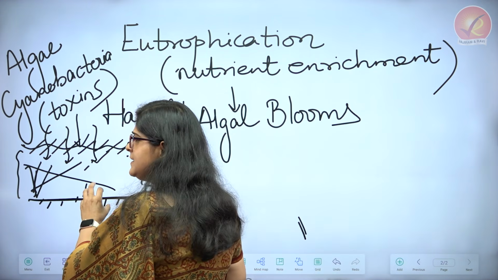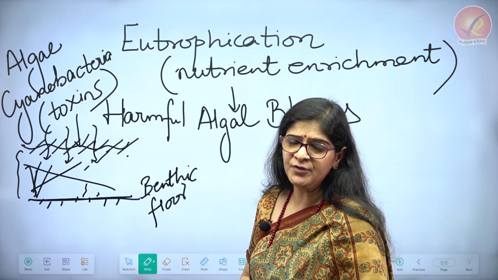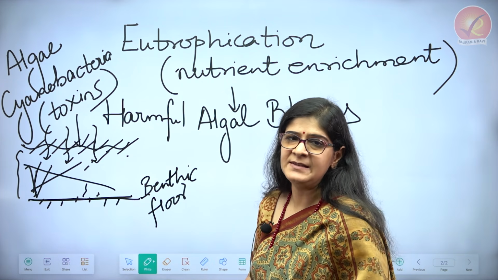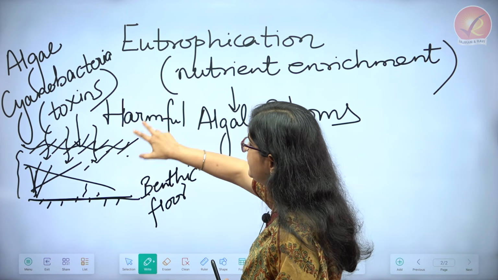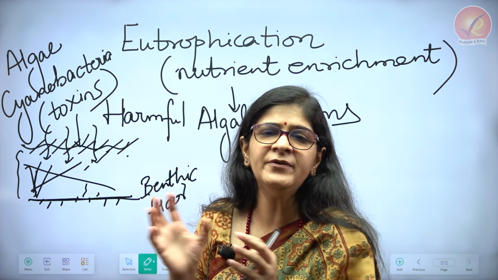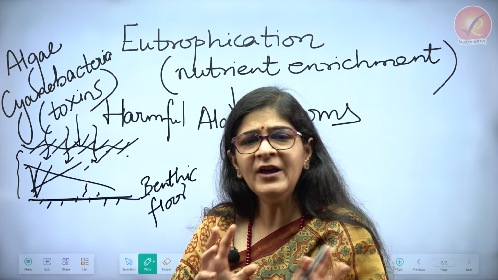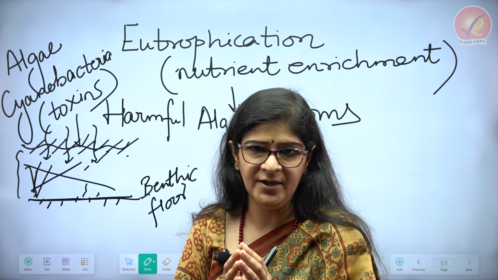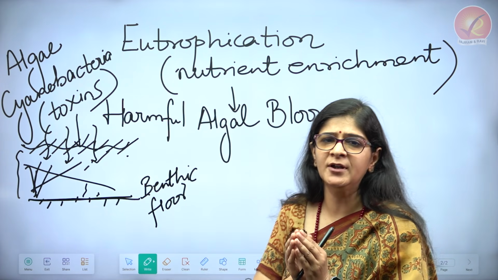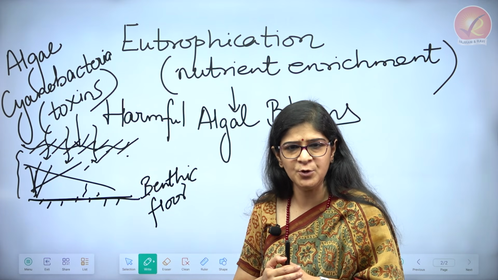Now as a consequence of it, the dead organic matter of the water body starts to increase. Moreover, this sudden proliferation of the algal blooms which had taken place, this algae eventually will die as well. Right, so now we have a lot of dead organic matter, and this quantity of dead organic matter is more than what's usually present in this water body.